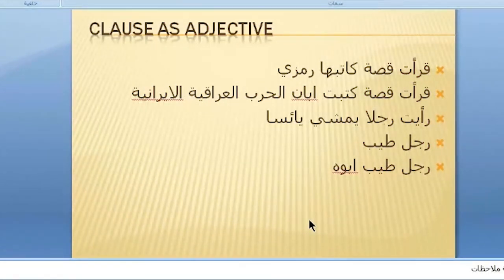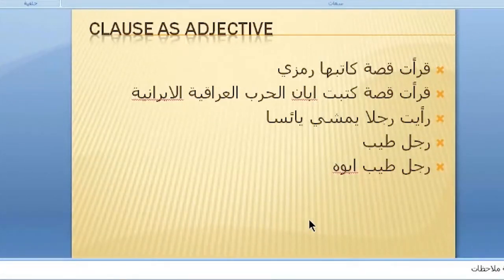Now في كل الأمثلة اللي مرت علينا الصفة كانت كلمة واحدة، كلمة منفردة. نعم تتأثر بميزات الاسم، لكن in all the examples we have taken so far, the Arabic adjective is just a single word، كانت كلمة مفردة. الآن in this slide we are going to talk about a clause as an adjective، جملة كصفة. أوكي، وأكو فد شيء آخر أيضا راح نتناوله بالمثال الأخير. Now قرأت قصة